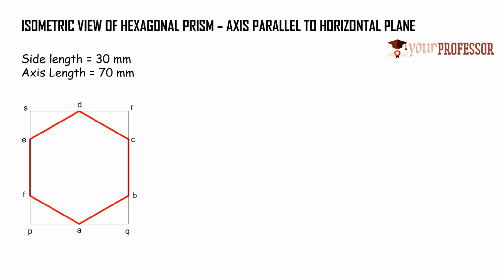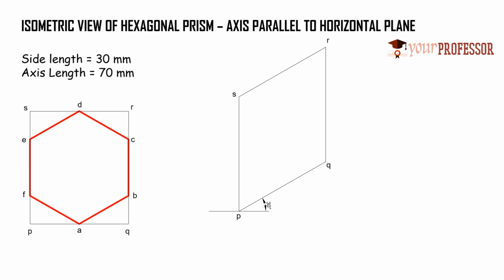Let's start the view. First, draw a horizontal line. I'm going to consider the point P. Here P is connected to Q and S, right? First I'm going to consider the connection with Q. Draw a line whose length is equal to PQ and that is at an inclination of 30 degrees with the horizontal. Draw a vertical line whose length is equal to PS. Represent the endpoint as S. Now from Q, draw a line parallel to PS, of the same length, as QR. Join S and R. Okay, this is the representation of the rectangle in isometric view, right?